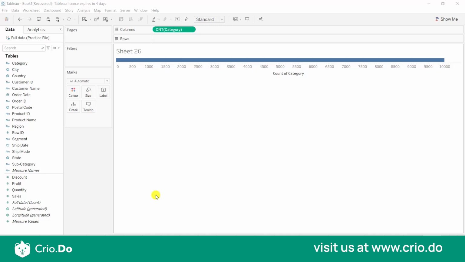It will not aggregate your data. These are the cases where you count your string values if you do not have any measure value associated with it. If you want to know how many categories you have, then you can count them, but these dimension values are not continuous,